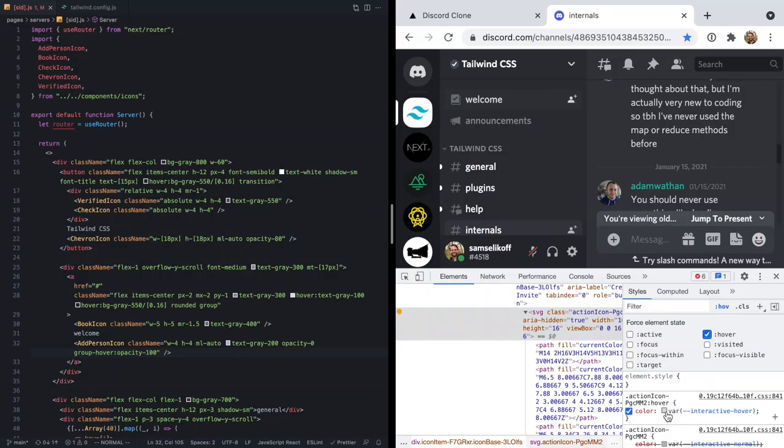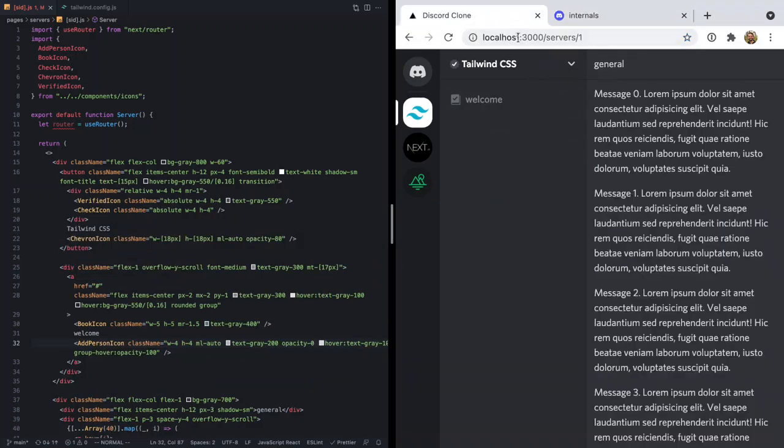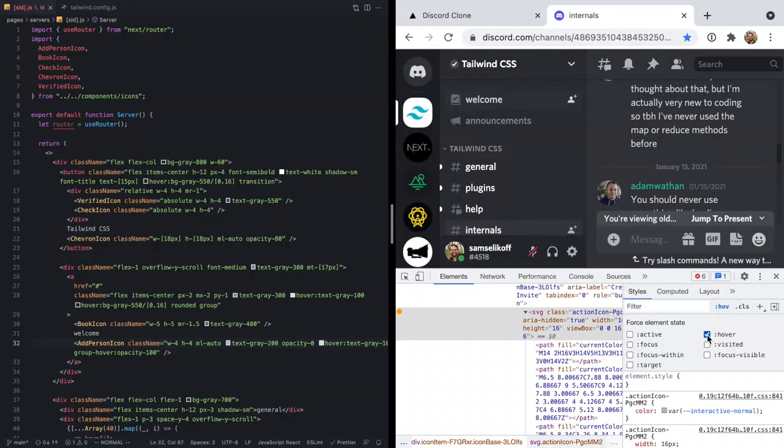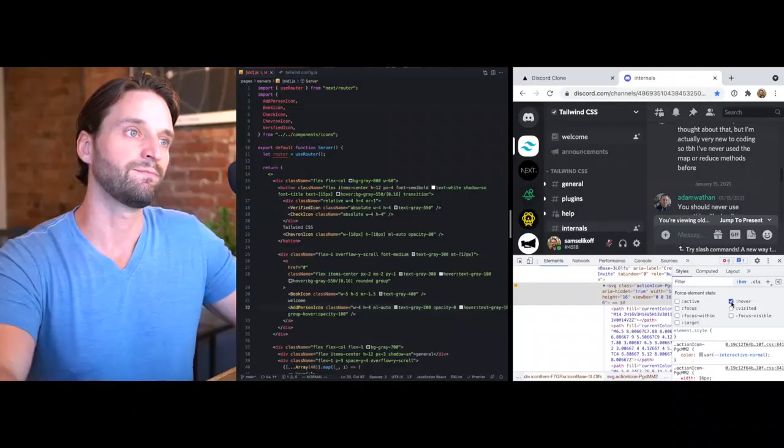So we can actually shift click this, see that it's DCD, which is gray 100. So we should be able to say hover text gray 100. And if we come over and see how this compares to Discord with our clone, that looks just right. Now, one thing you'll notice is that when I clicked the hover pseudo class here in CSS, the tooltip didn't